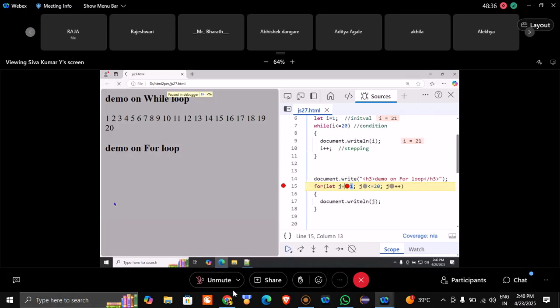So refresh. While loop already completed, see that one. Reason, sir, I applied the breakpoint at the line number